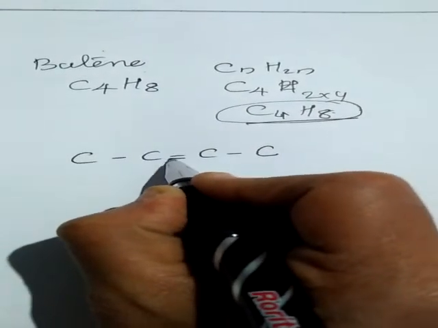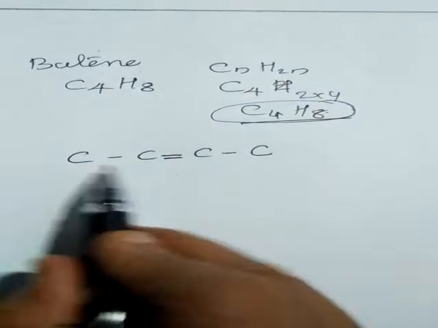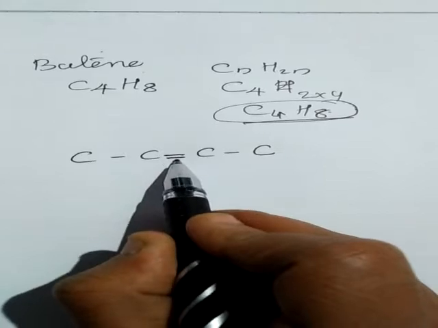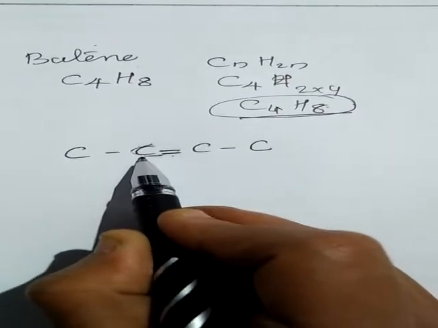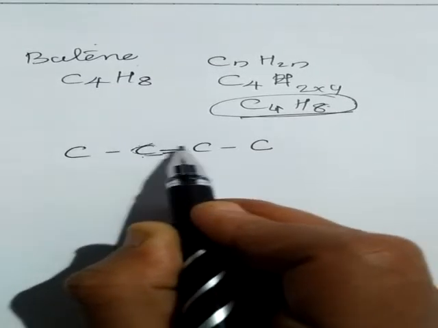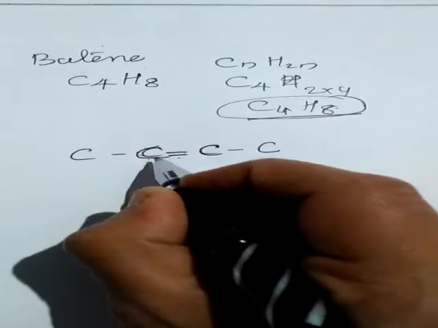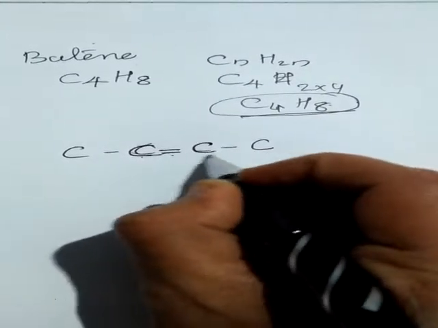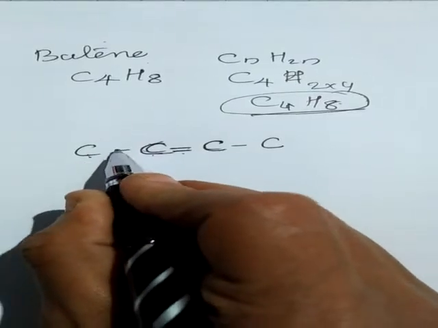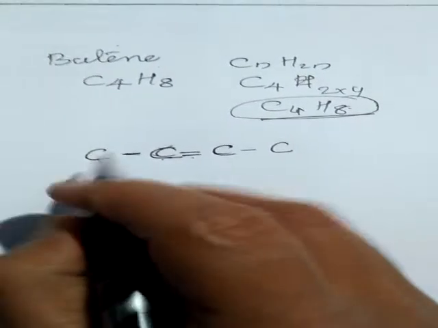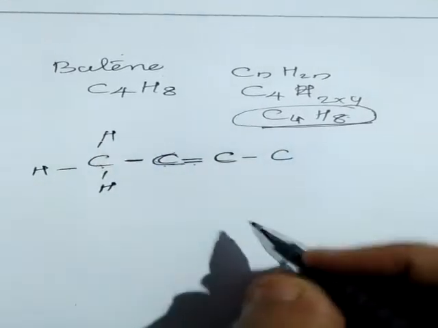So I am representing it here. You can use it any place, okay, no issues. And now you can see here when I use the double bond here, in this case, this particular carbon atom, the valencies 1, 2, 3 is already filled. That is, 3 valencies are already filled. This is same for another carbon also. But here for this particular carbon atom, you can see only 1 electron is shared. So the rest 3 we have to fill by using hydrogen.